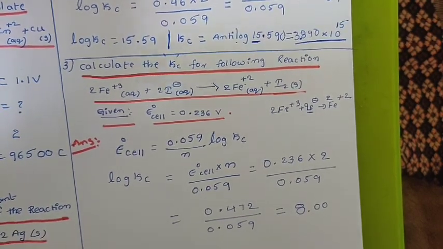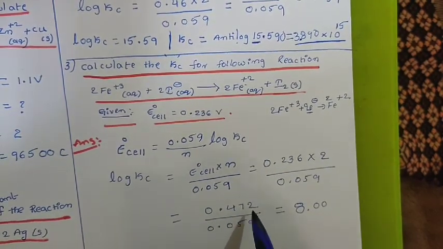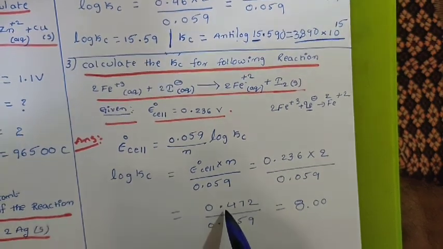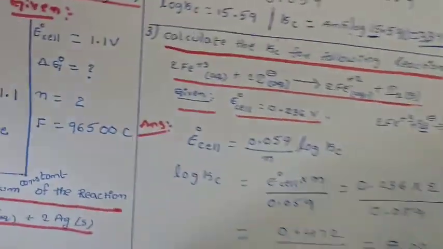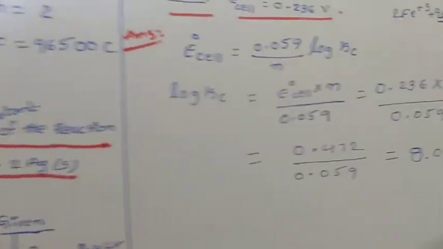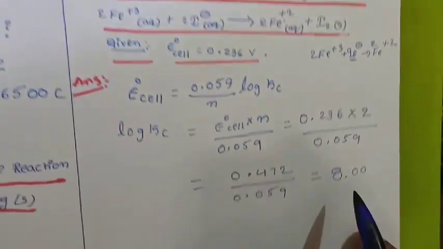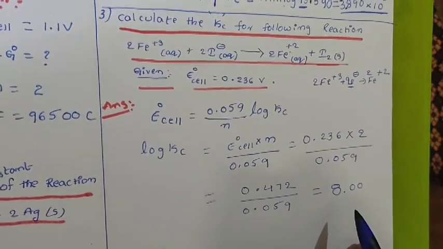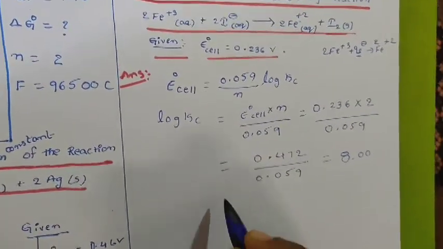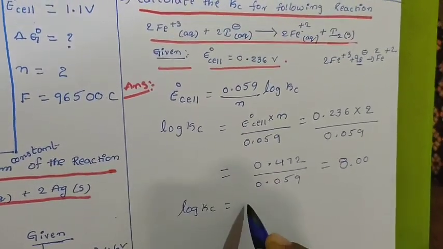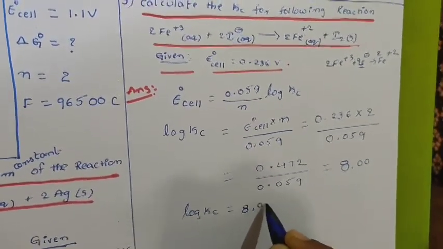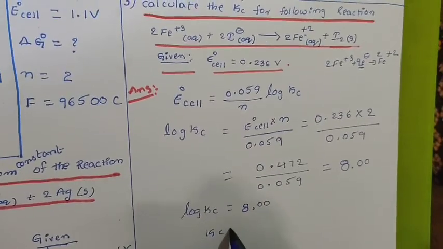0.236 multiplied by 2 gives 0.472. That 0.472 is again divided by 0.059, and the value becomes 8. Okay, now log Kc is equal to 8.00. Now Kc is equal to